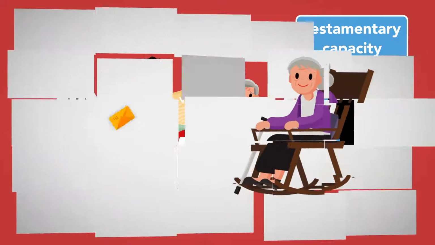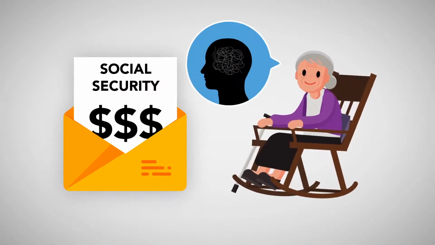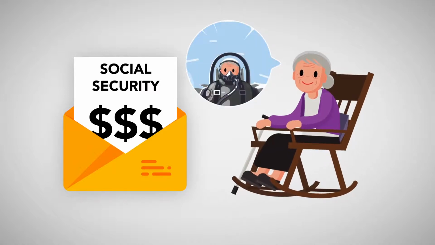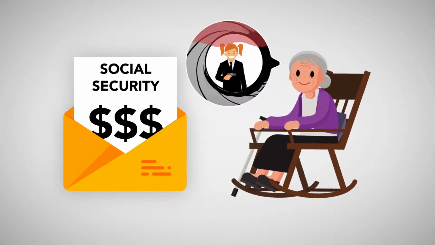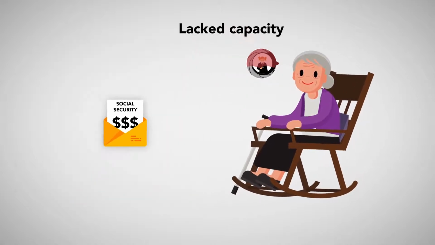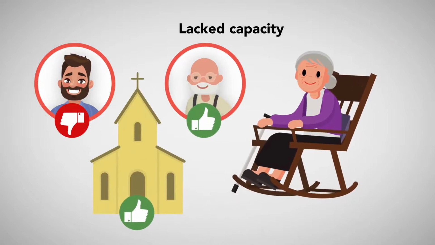By contrast, a woman who was receiving Social Security benefits based on a determination that she was suffering from severe mental and emotional impairment, and whose witnesses testified she lived in a fantasy and told bizarre stories about certain family members, was held to lack capacity when she had attempted to disinherit her son and benefit her brother and a church.